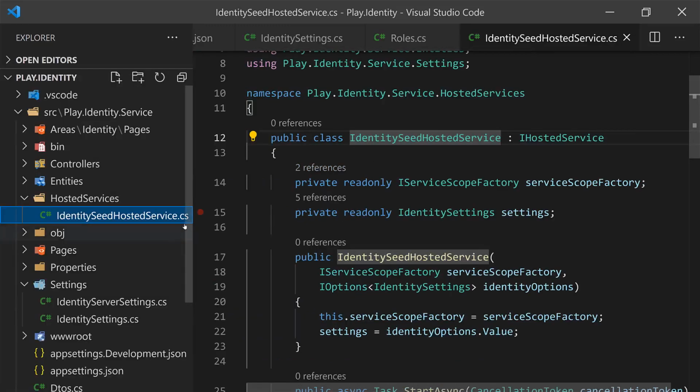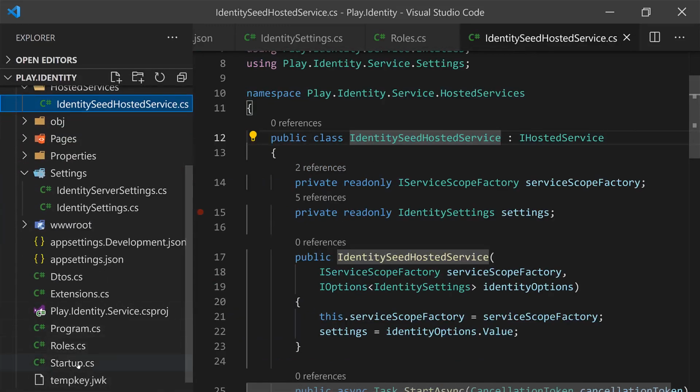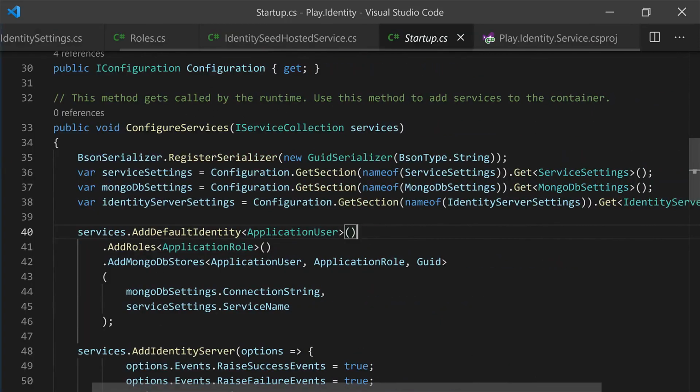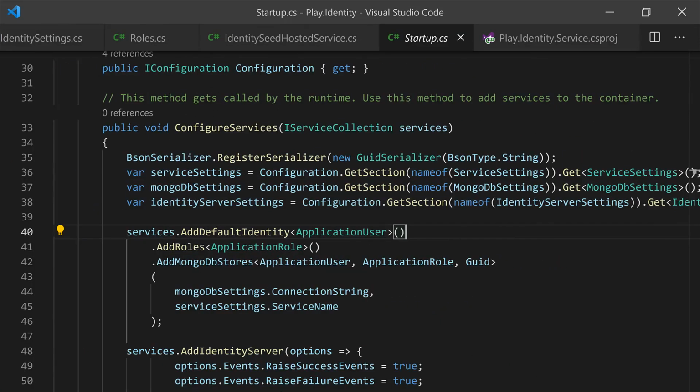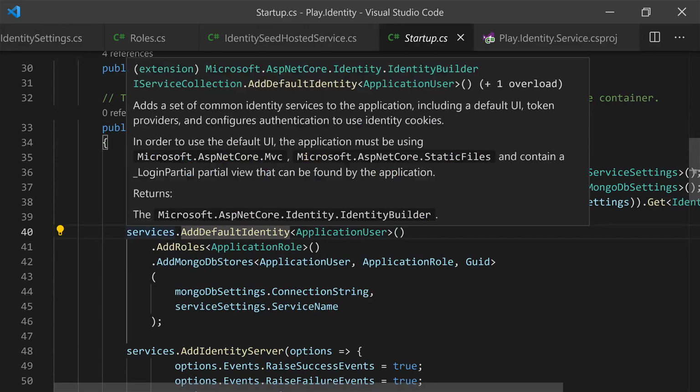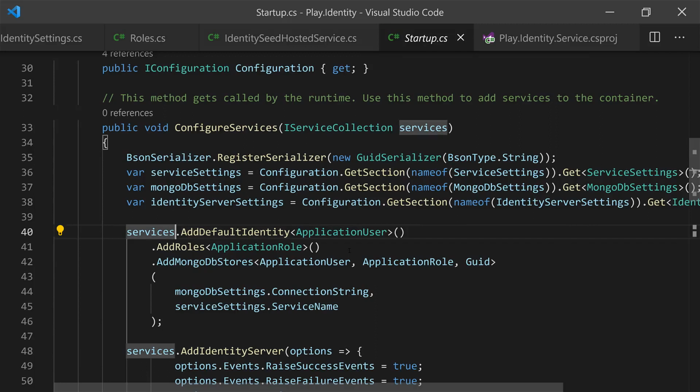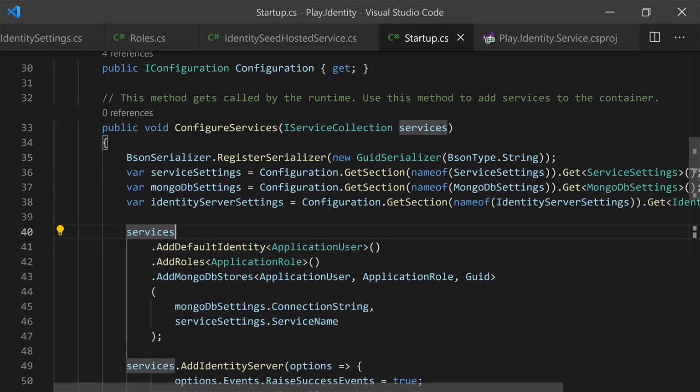So I'll go back here into Explorer, startup.cs, collapse this. And here we're going to do two things. First, in ConfigureServices, just before doing AddDefaultIdentity, we're going to take advantage of this sequence of calls to also configure our identity settings, because we know that we need to inject those identity settings into our identity seed hosted service. So what I'm going to do is just say